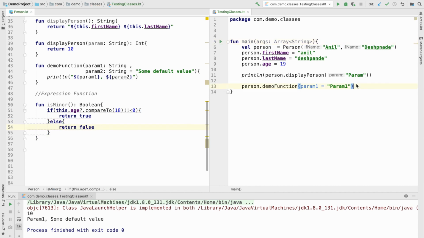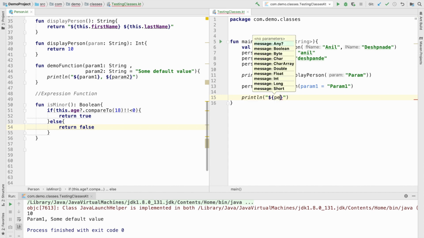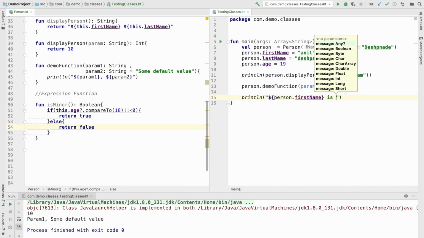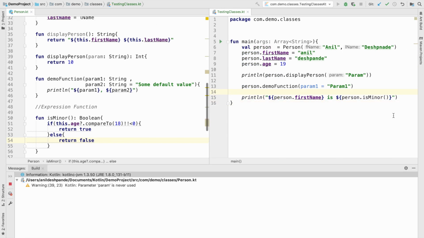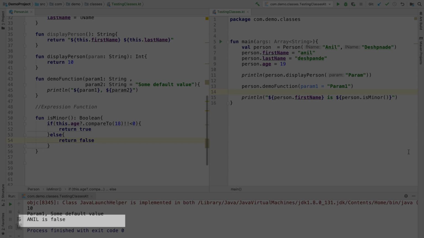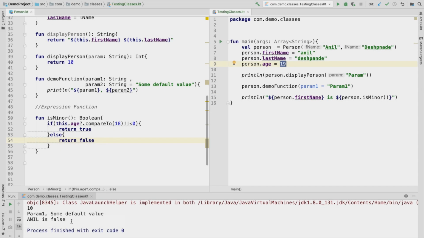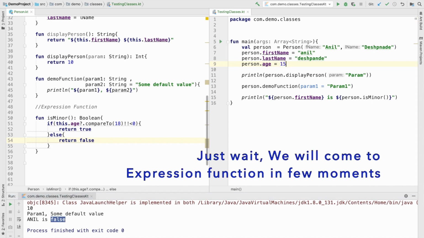Now I can print person dot first name is, and person dot isMinor, and if I run this, it gives me true or false depending upon the age. In this case, if it is 19, it gives me false. If it is 15, it gives me true.